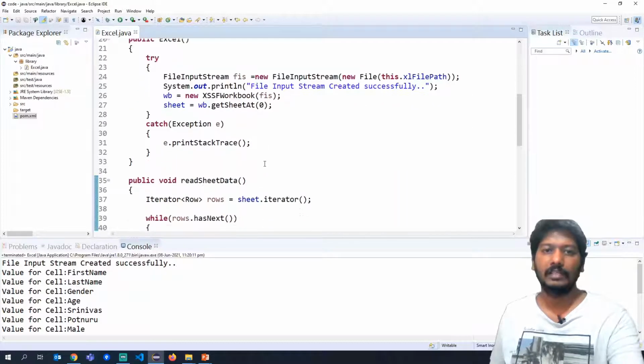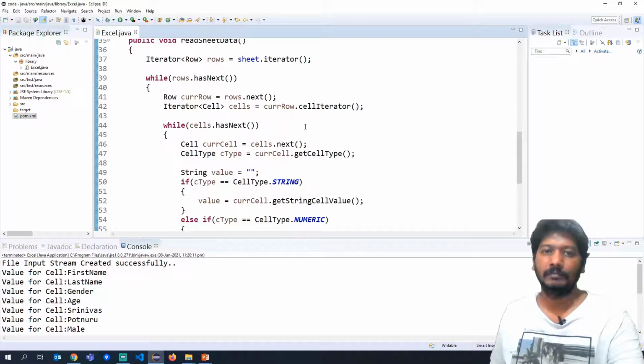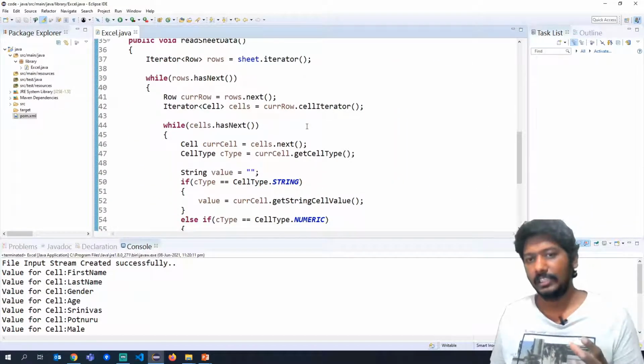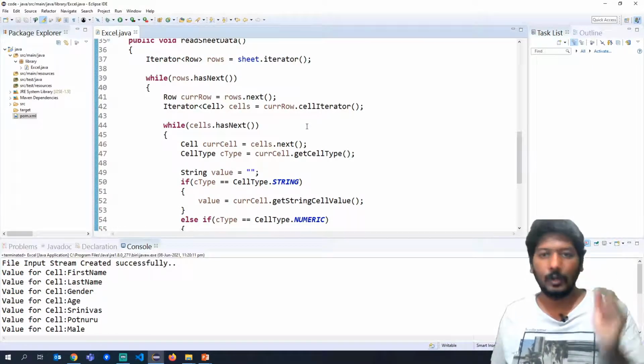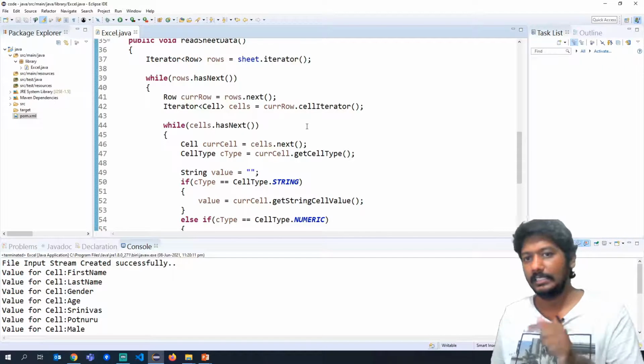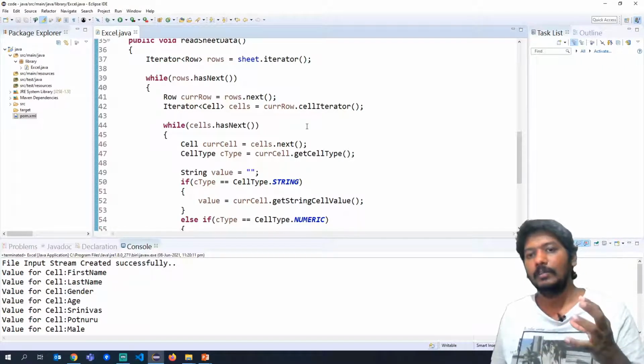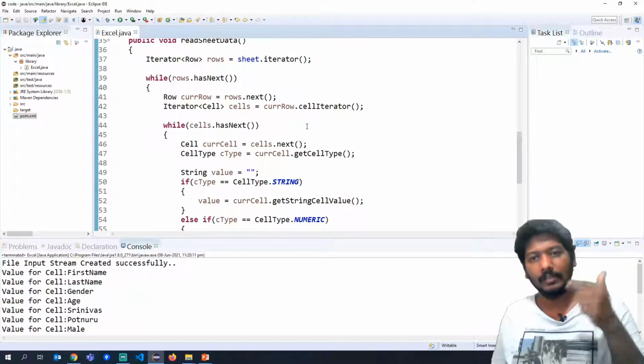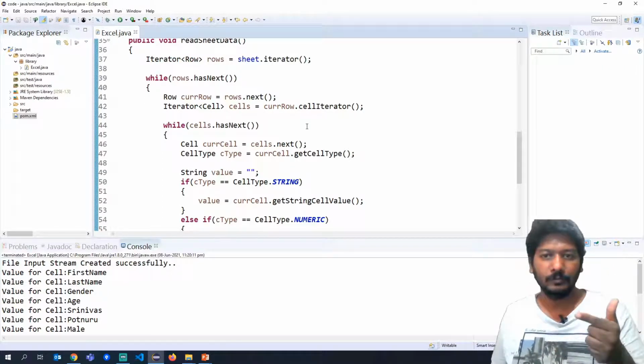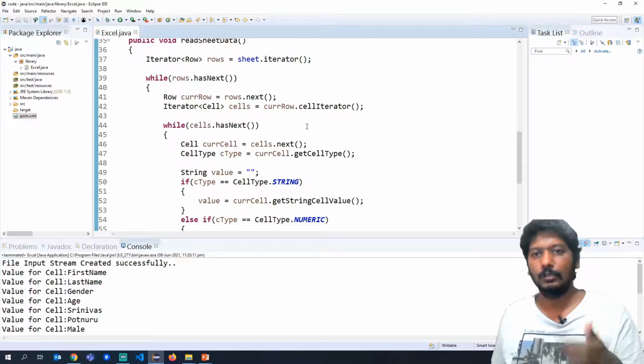Now after this, we are trying to read data from the sheet. How are we doing that? From the sheet, we are getting each row using row iterator. Now in each row, I am trying to access each cell, which is cell iterator. In these iterators, there are loops that you have to write to navigate through each iterator. So in each row, you will have one loop. For each cell, you will have another loop.